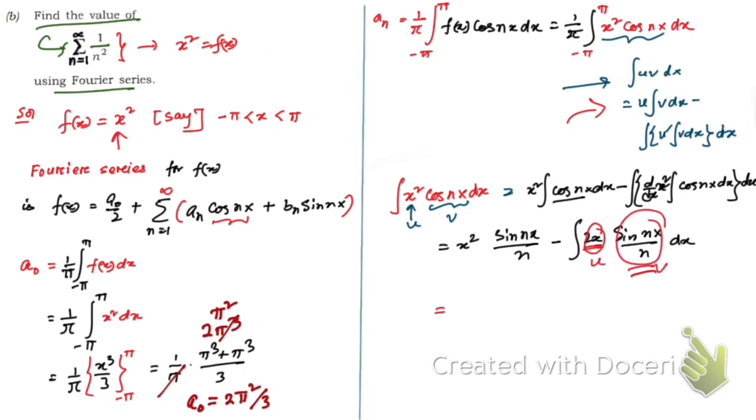So the final result will be this: x square sin nx by n, minus twice x cos nx by n square. So here it should be plus, then minus twice sin nx by n cube. So this is going to be the result of this integration. So now let me write here directly this result. Okay,